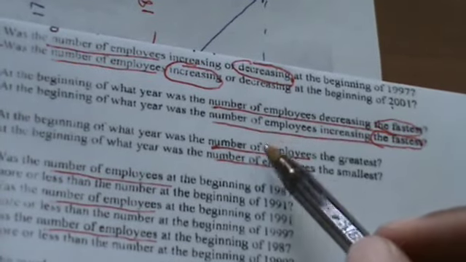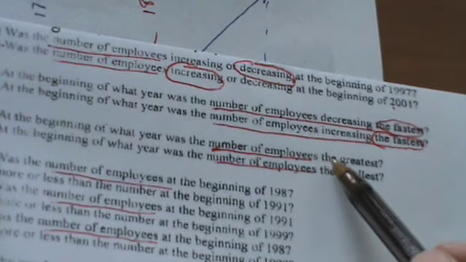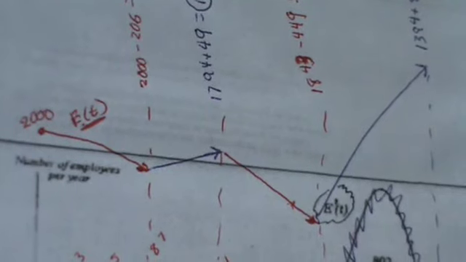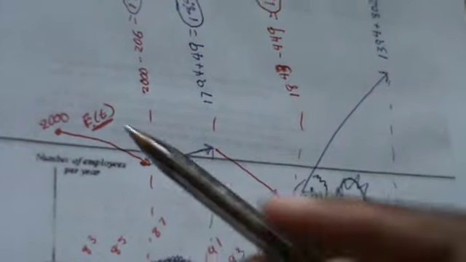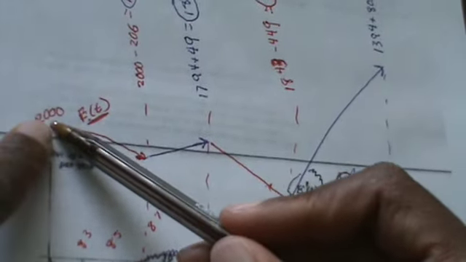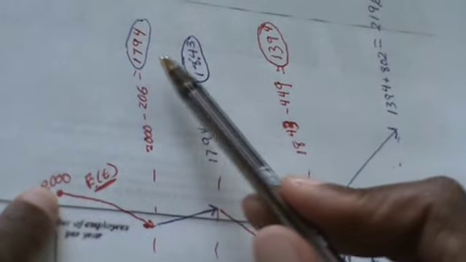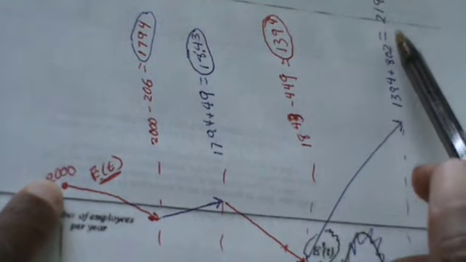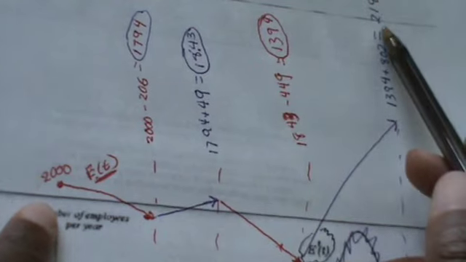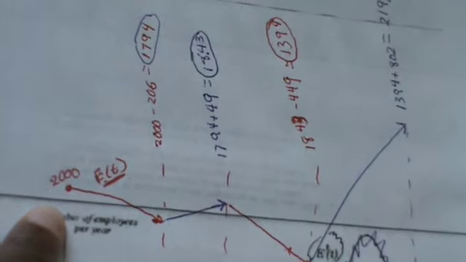E says, at the beginning of what years was the number of employees the greatest? So it says the number of employees, this is E, is the greatest. So I'm going to look at my sketch of E. That's the beautiful thing about sketching it out. And they're asking, when did you have the greatest number of employees? Now the beautiful thing about the work that you've done is you can make comparisons now. Here you have 2,000 employees, then 1794, then 1843, then 1394, and then 2,196, which I think is the biggest one out of all of the things that I listed. So that's going to be right here at T equals 24